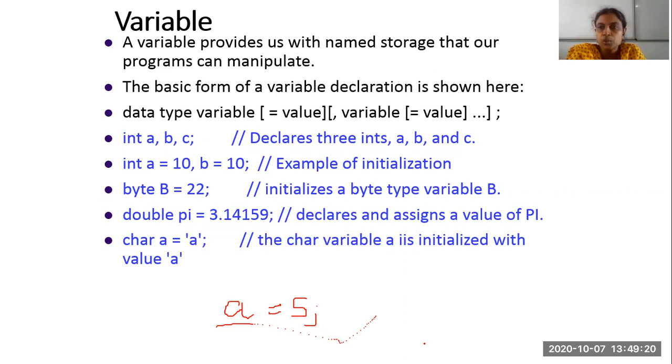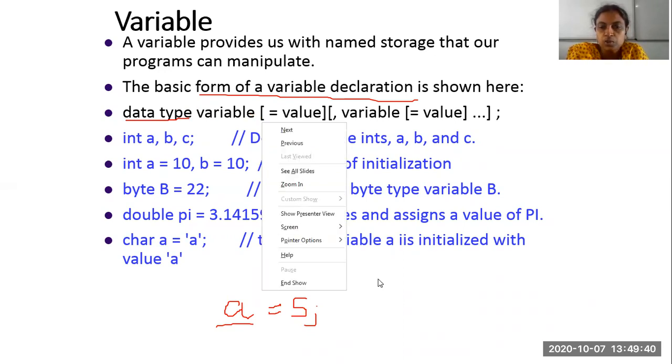Next, we will see how we declare a variable. Actually, we have studied variables in C programming also, so you people are not new to this concept. Declaring a variable, like in other programming languages: here also, first you have to specify the data type, then the variable name. And if you want, you can give the value, or if you don't want, no need to specify the value.